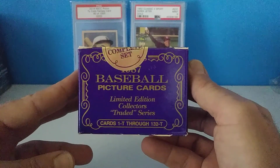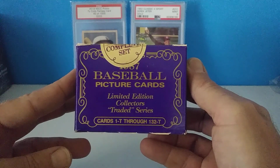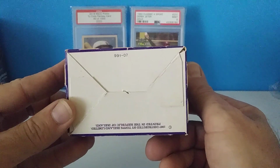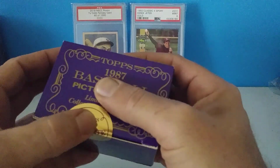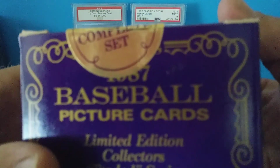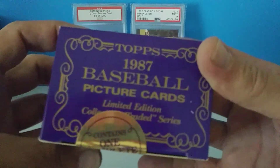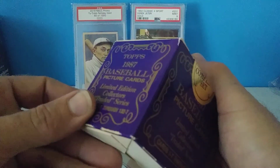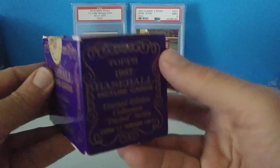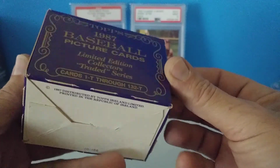This is from another seller which had good ratings and all that other good stuff. The box had good corners, still sealed, and it is purple. The maroon ones are the ones that are resealed. But it's a box in great shape, so I like the pics on it. Obviously, you never know when you order it through eBay or whatever, but